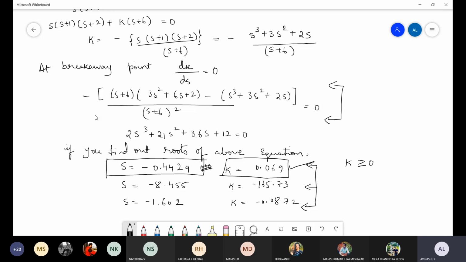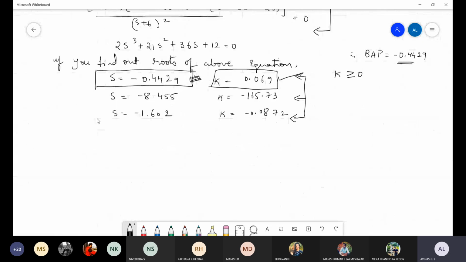So that particular value is called what? Breakaway point. Okay. So therefore the breakaway point is equal to minus 0.4429. So that is what exactly you can write down. So once you're done with this one,